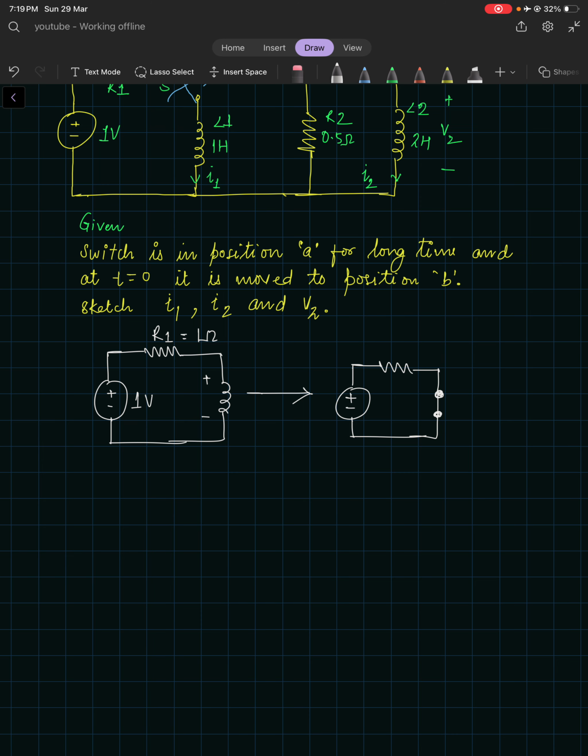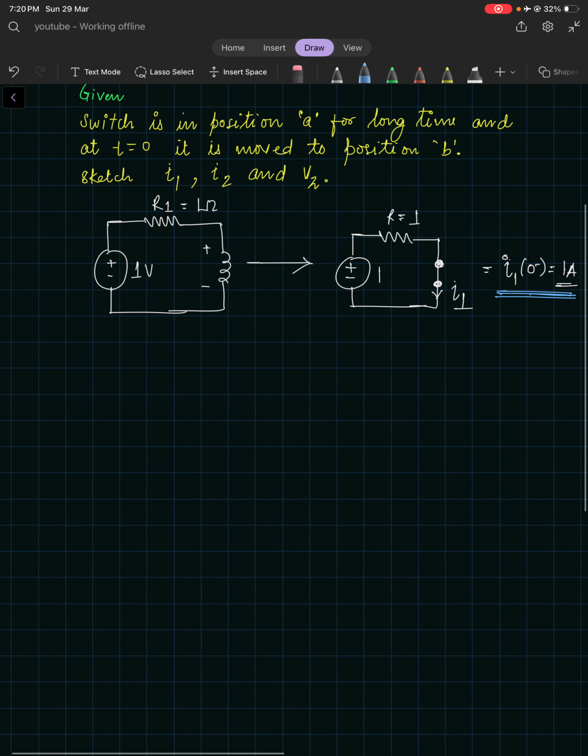Okay, so what is the current I1, right? Okay, this is 1 ohm and this is 1 volt. So it is simple, I1 at 0 minus would be 1 upon 1, so 1 ampere, right? This is very straightforward. So this information we need to have for solving the circuit at t greater than or equal to 0, right? So this will become the initial condition. Okay, now when the switch was moved to position B,